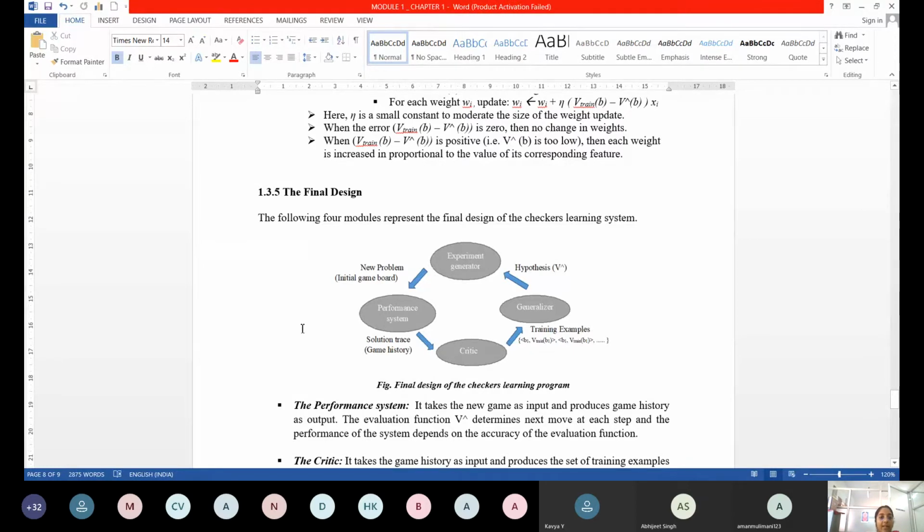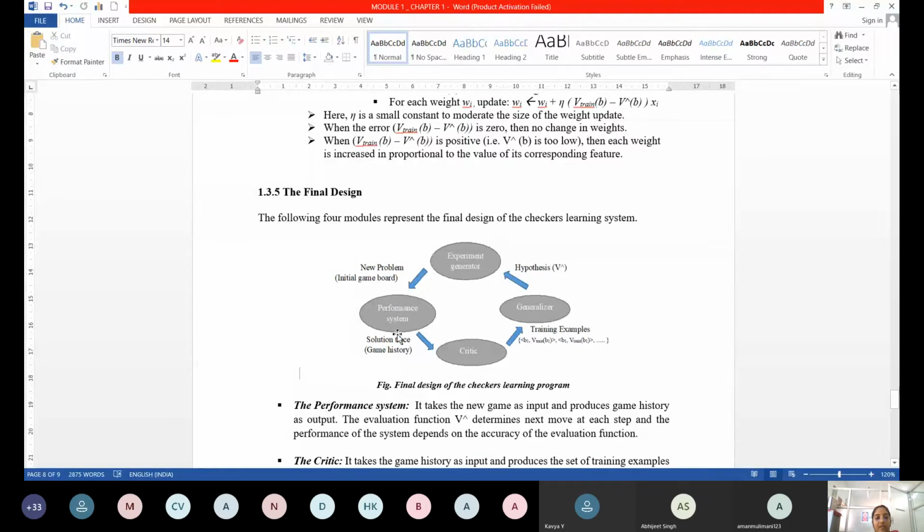We have started our journey by taking a new problem, right? So for any problem, the performance system will take input as a new problem and produces the game history. Game history means what? All the rules and regulations that have to be followed, the initial rules and regulations, and possible sequence of moves, and could be a direct sample of examples, or already who all won the game by performing in a best way, making the moves. That video also providing, that is their indirect training examples. So solution trace is game history.